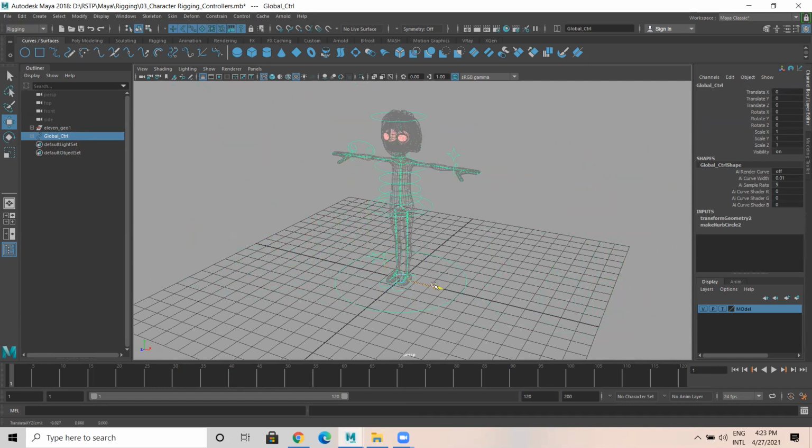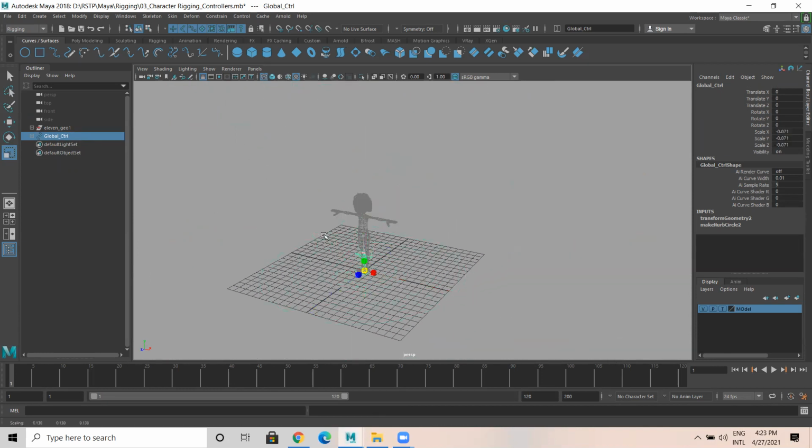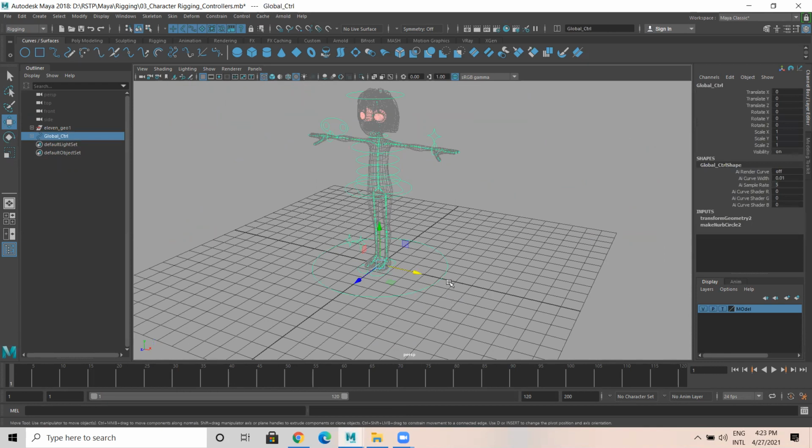So finally, when you select this, make sure everything looks like this. When I move this, the entire rig should move. And if I'm scaling this, my entire rig should scale. Not even a single problem should happen. It should scale properly, move properly, rotate properly. Then only the rig is complete. Okay. Yes, so it's a big process. We have completed the rigging. The next session is skinning. Once the skinning is done, the character is ready for the animation.